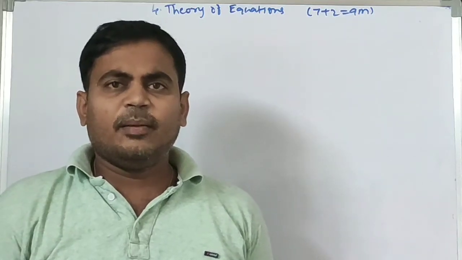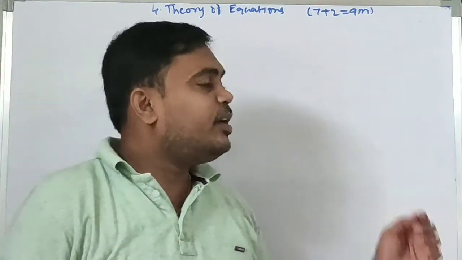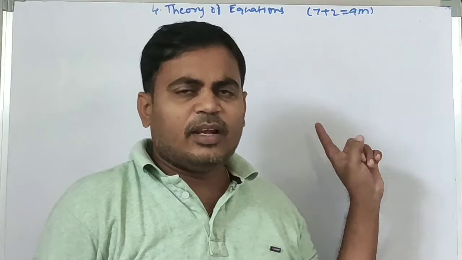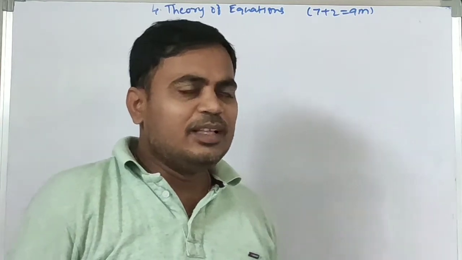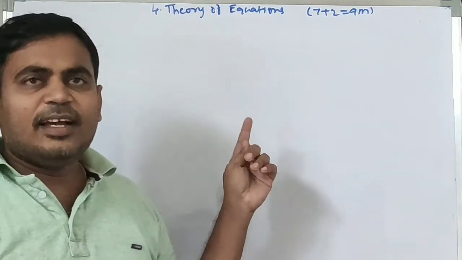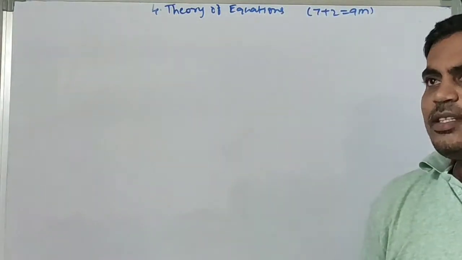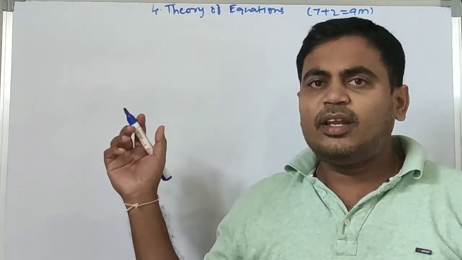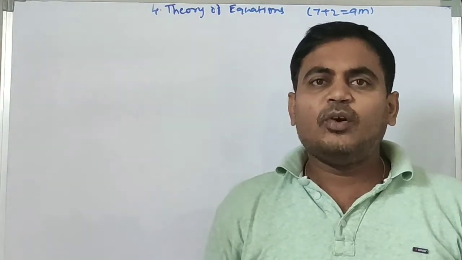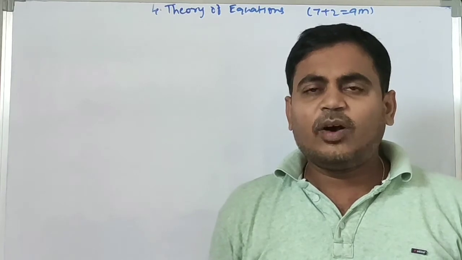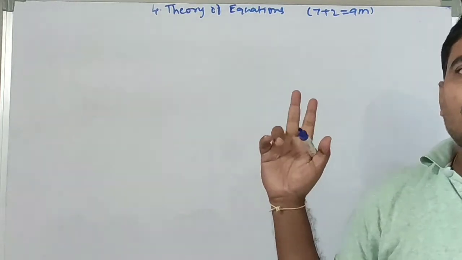The fourth unit in Mathematics Paper 2A is theory of equations. This unit's weightage is one long question and one very short question, total 9 marks. This unit is an extension of quadratic expressions. In quadratic expressions, the degree of the polynomial is 2, and we were discussing only up to that; now we discuss higher powers. A quadratic equation has at most 2 roots.